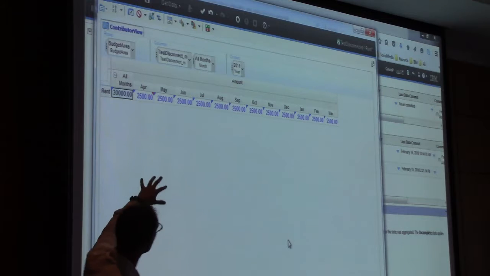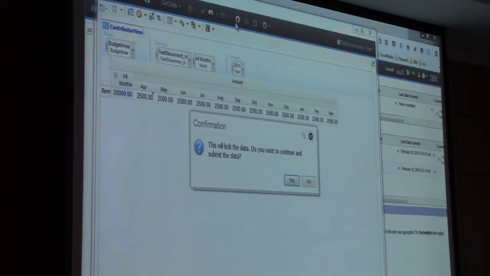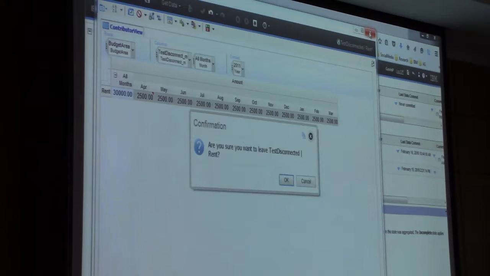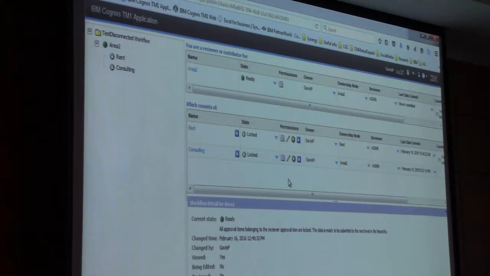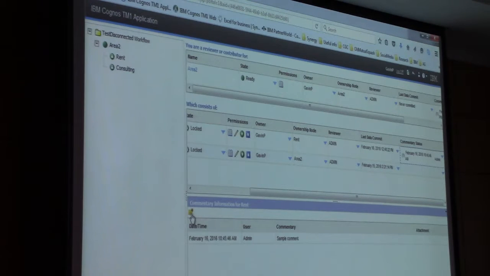Okay, so once I'm happy with what I've got, I can hit submit, or commit, that banks it into my version, and then when I'm ready, I can submit it. And then when I submit, it'll lock the data, I say yes. At that point, you'll see it's grayed out. And if I go back to my summary, I get a better understanding where I'm at. And I can go into here and I can add again a comment at a higher level.